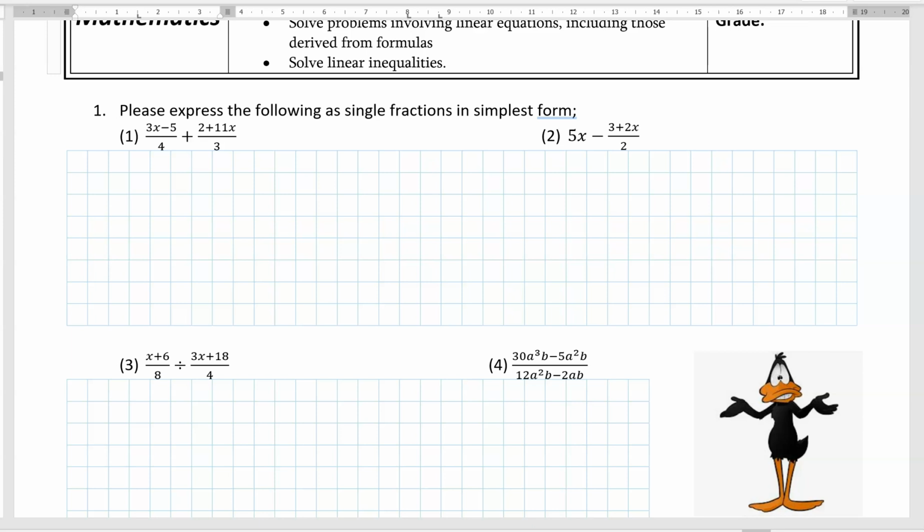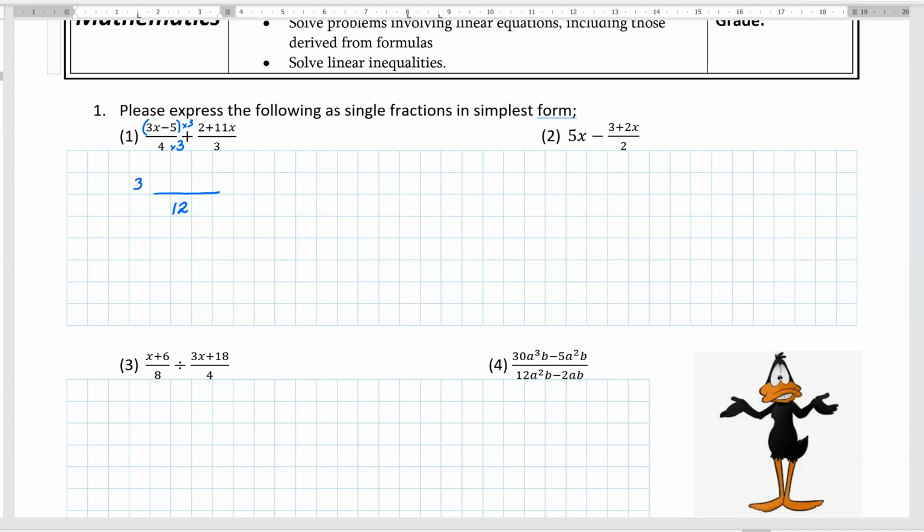We need to get the same denominator. So you need to look at the 4 and the 3. What's the number that goes into both 4 and 3? And the clear answer, the clear winner, is 12. So with the 4, what did you times 4 by to get to 12? We times that by 3. And of course, what you do to the bottom, you have to do to the top, and you must use